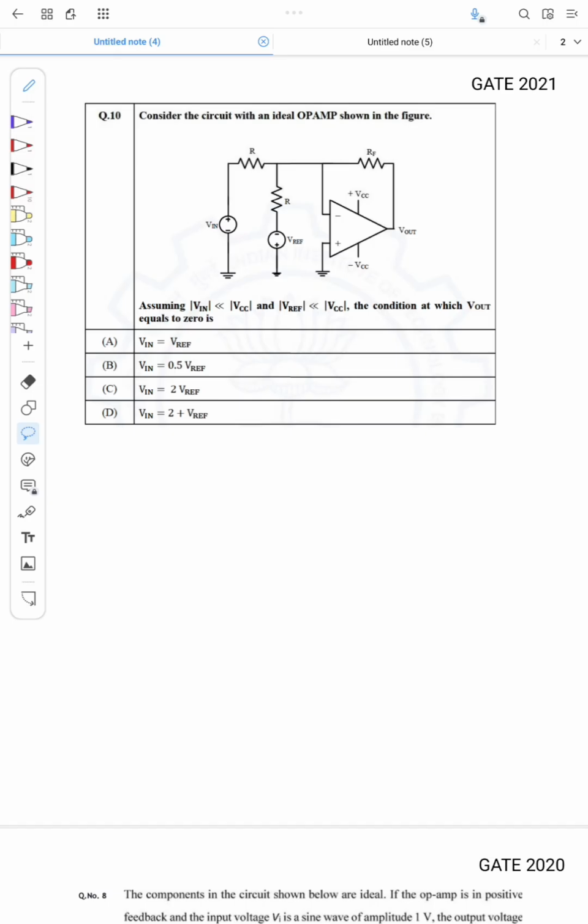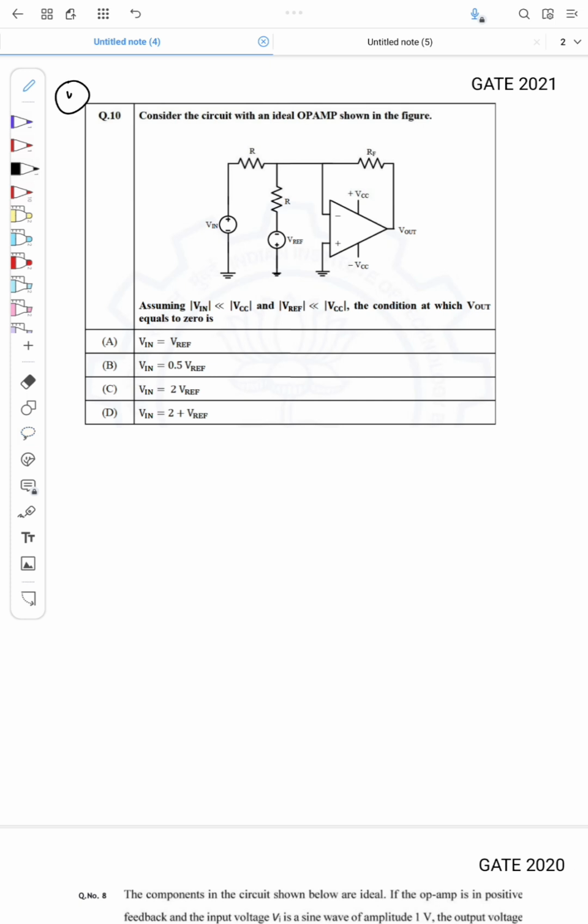Hi all, welcome to the lecture series on solving the previous year questions of GATE ECE. We were solving the questions related to analog circuits, and specifically questions related to op-amp circuits. So let us continue that. Today this is the first question that we are going to solve,